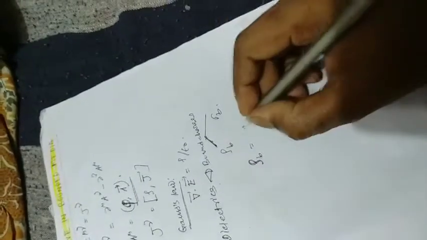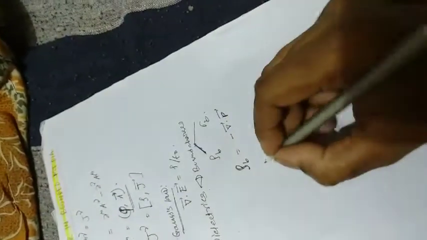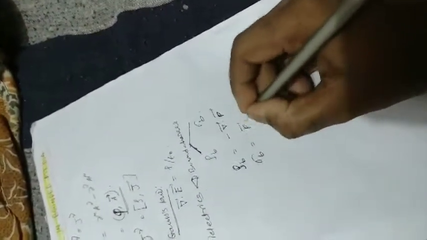Similarly, the surface bound charge depends on the normal component of the polarization along the normal direction of the surface enclosed by the substance. So we know that the relation indicating the value of rho b and sigma b is rho b equal to minus divergence of P, where P is the polarization vector, and sigma b is equal to P dot n cap, and we all know that P is equal to the net dipole moment per unit volume of the substance.